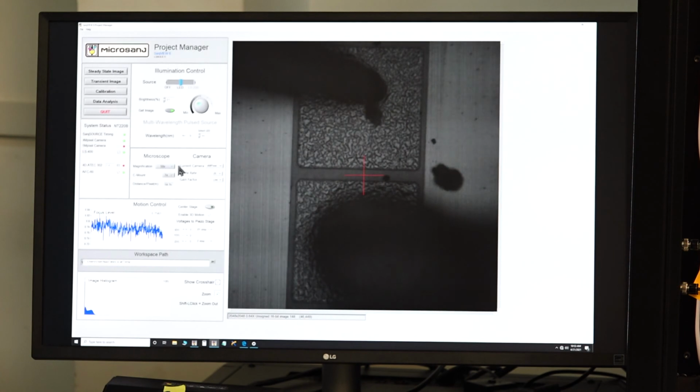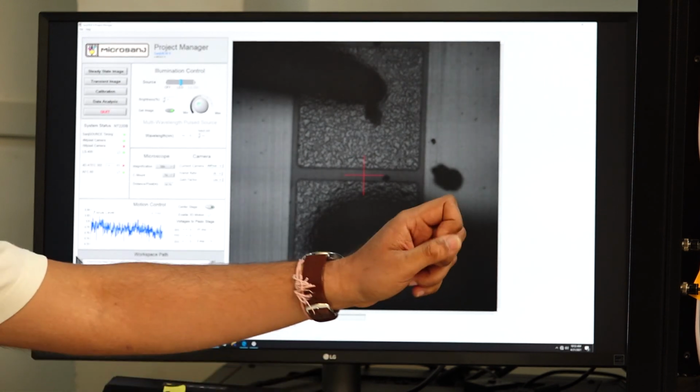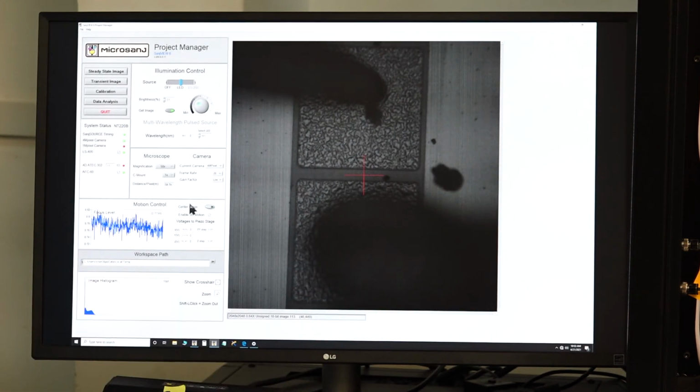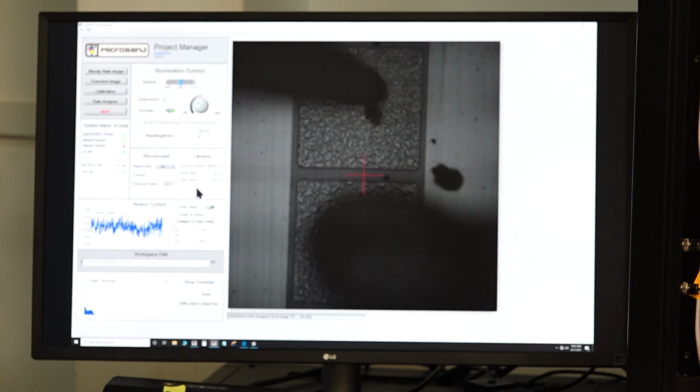We also have the microscope parameters present here. We can change the magnification. As seen in the setup, we have 4 objectives, for example 5x, 10x, 20x and 50x. The 50x is a UV specific objective only to be used when I am using the UV LED. The C mount provides no magnification, so it is 1x.